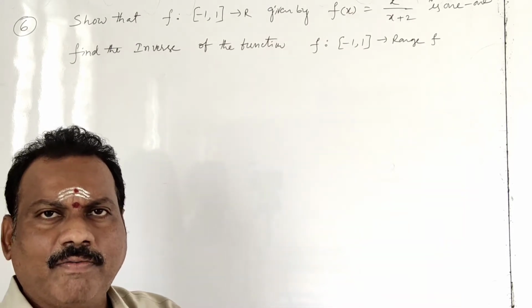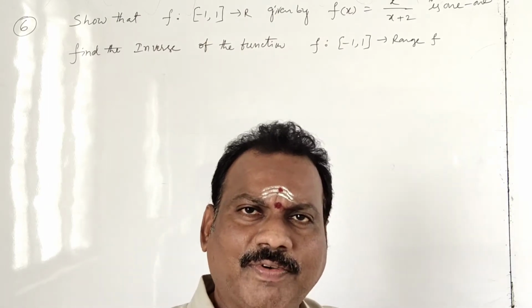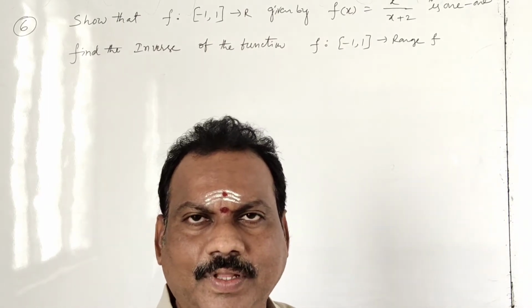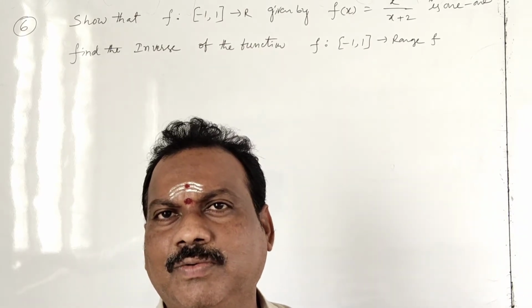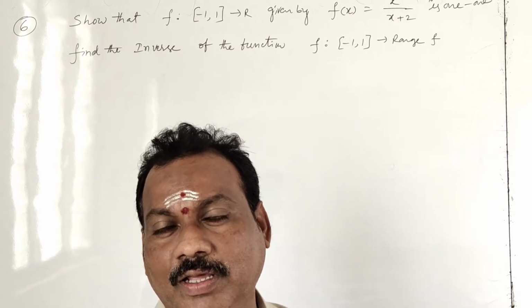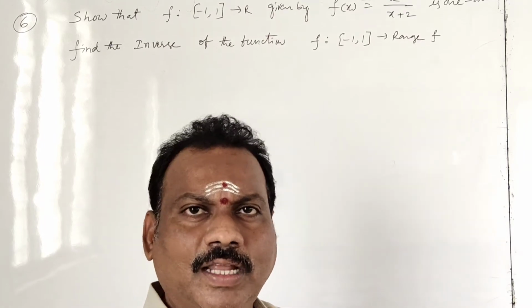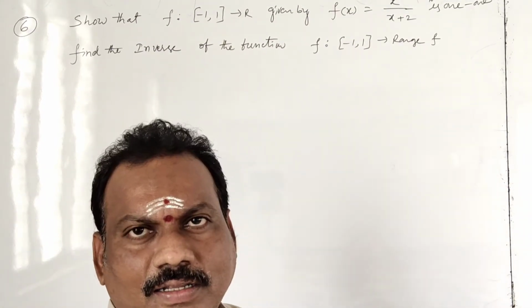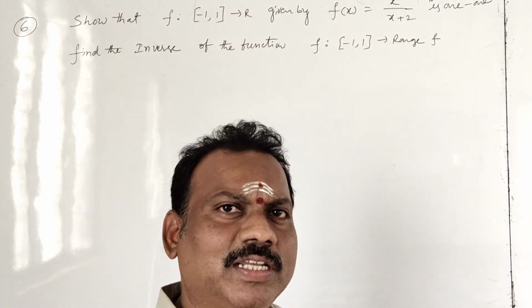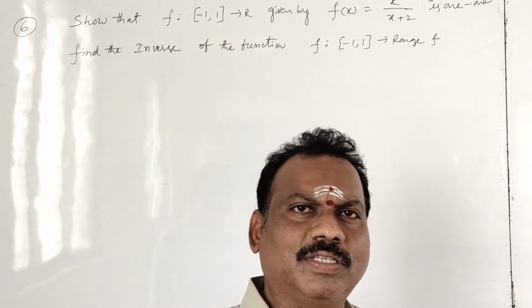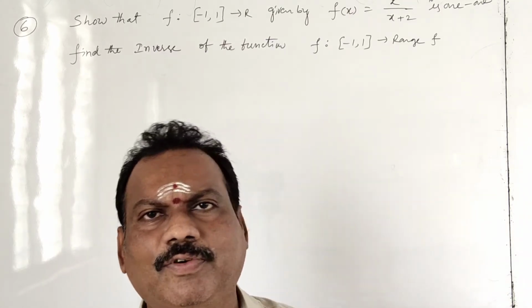So remember, when the function is invertible, we have to calculate the inverse function, which is different. If they are asking whether it is a 1-1 function, find f inverse, only f inverse, they won't ask invertible. In such cases we have to do a separate version, that I will explain now. Listen here, students. If the function is invertible, find f inverse, we already did 2 examples in the 5 marks question. Like that we have to do step 1, step 2, step 3, step 4.